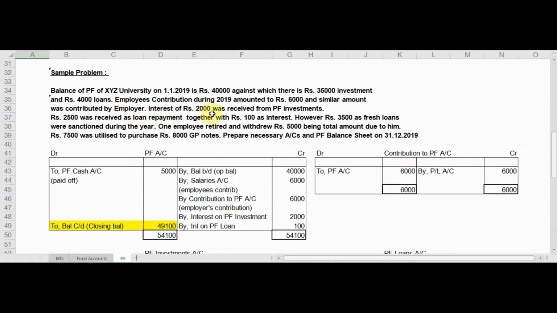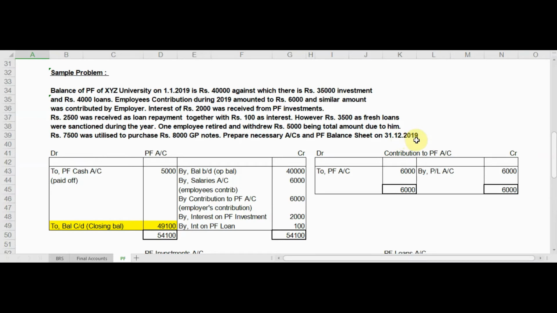Interest of rupees 2,000 was received from PF investments. Rupees 2,500 was received as loan repayment together with rupees 100 as interest. However, rupees 3,500 as fresh loans were sanctioned during the year. One employee retired and withdrew rupees 5,000 being total amount due to him. Rupees 7,500 was utilized to purchase rupees 8,000 GP notes, prepare necessary accounts and PF balance sheet as on